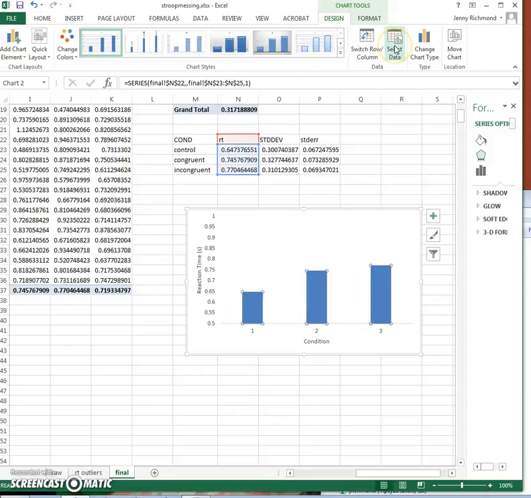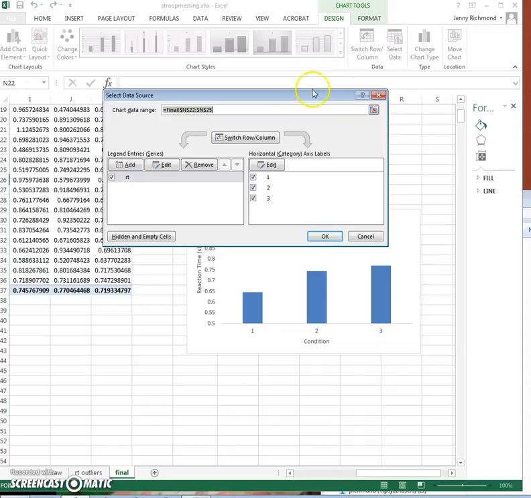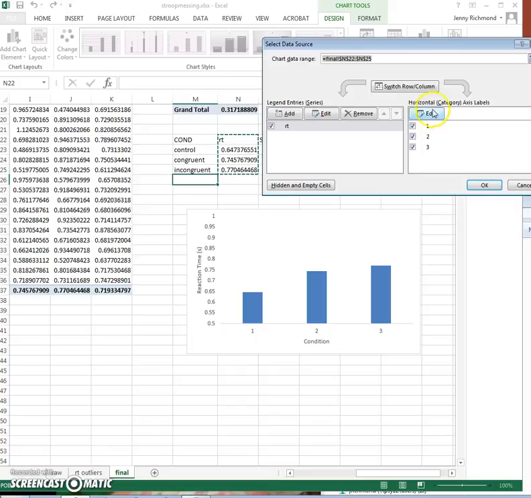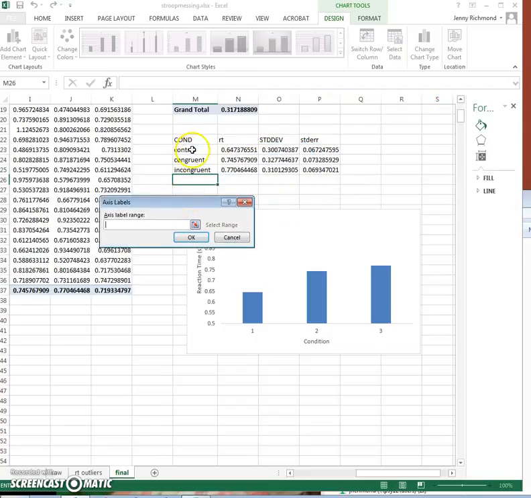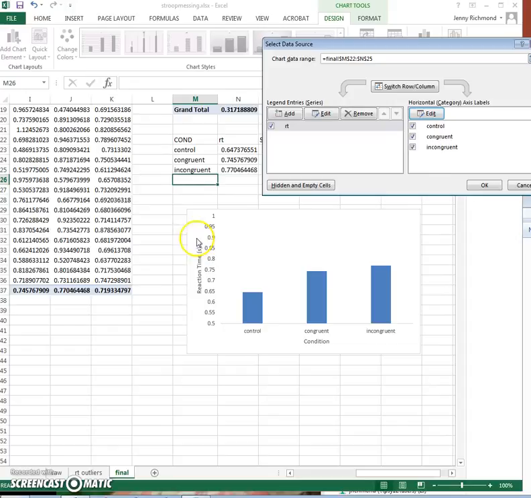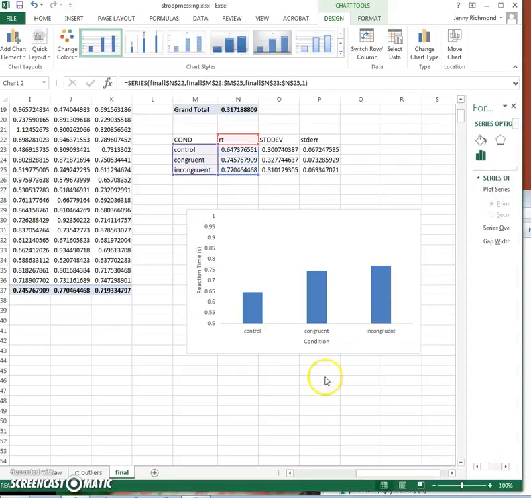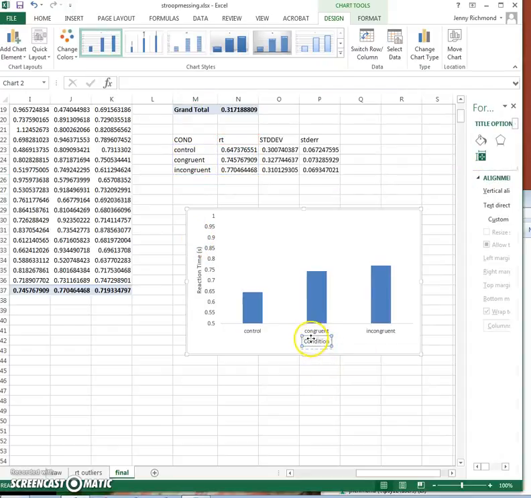Here we go. Select data. So rather than having 1, 2, 3, what you can do is edit this horizontal category axis labels and select these 3 things to be your axis labels instead of the default 1, 2, 3. And so what that has done now is made it really clear for those who are listening to your presentation that this graph is